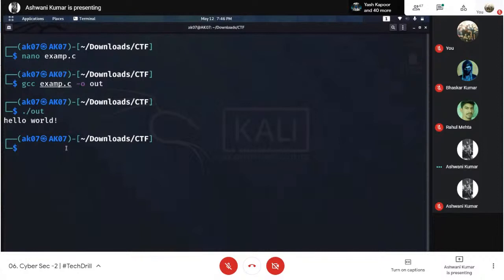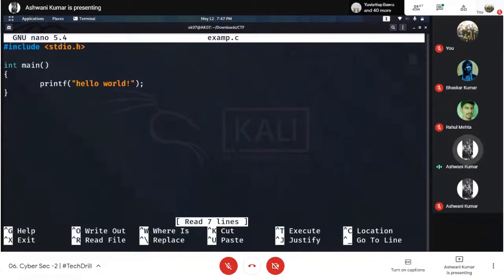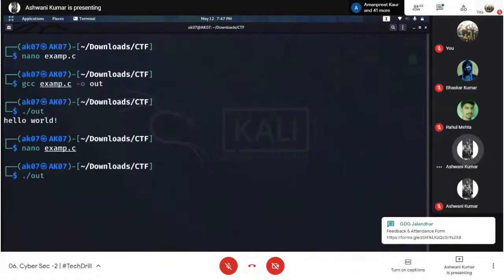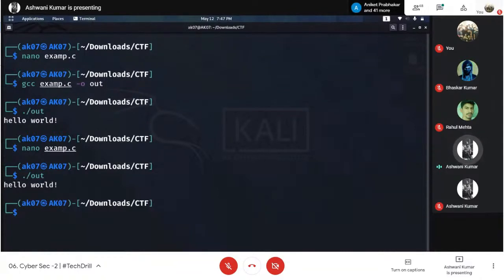Let me add a secret message, maybe one more function, with the name secret. Here I will print something. Okay, so one more question is coming to you. Just be ready for the question. I'm saving this. Upon doing this, I have added one more print command, but that hasn't been executed here. Can you tell me why?